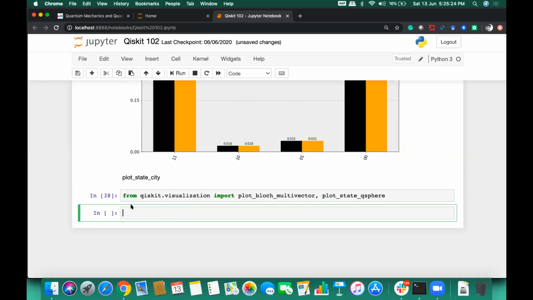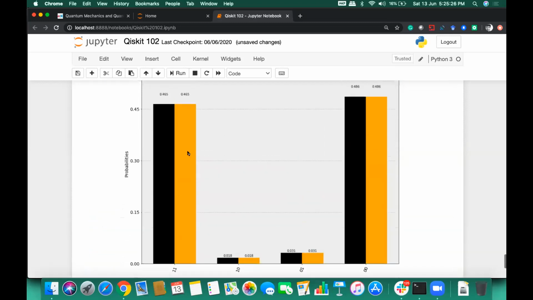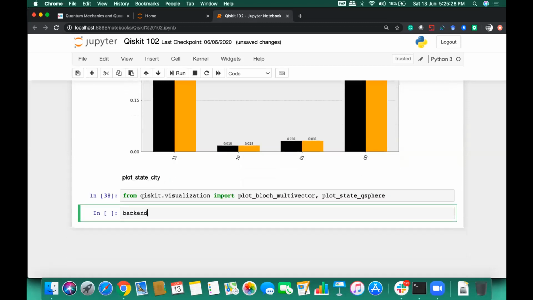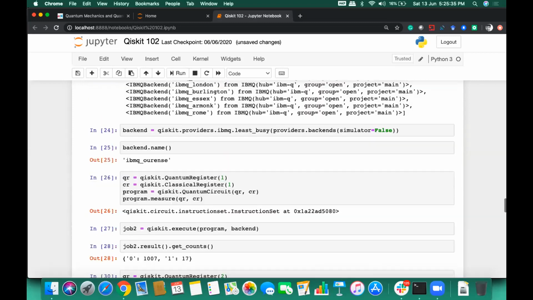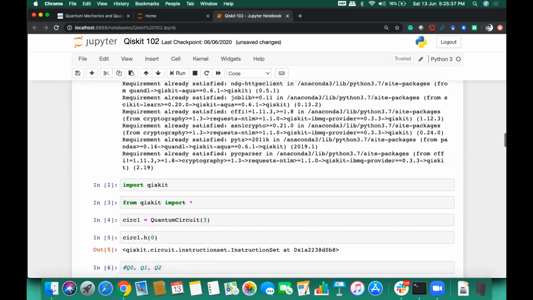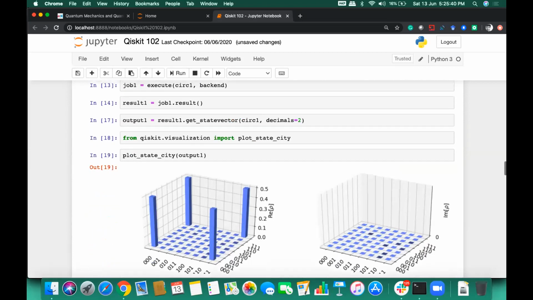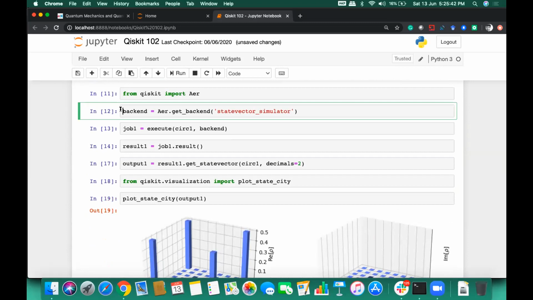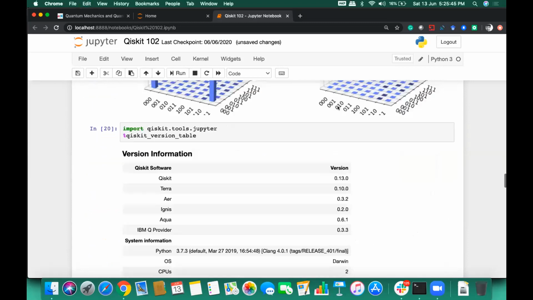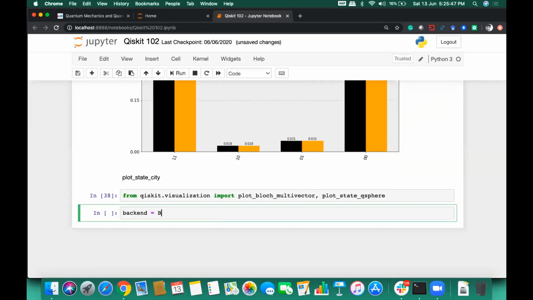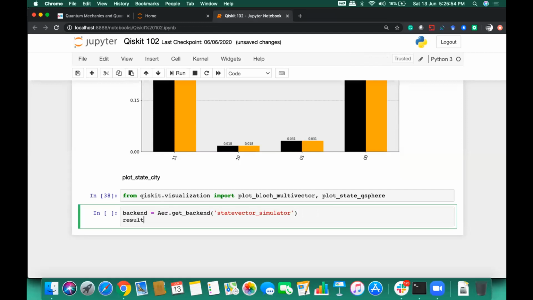For this, we need to get a backend, and here we are going to use the simulator backend, which we imported. Then we will execute a circuit here on the simulator.